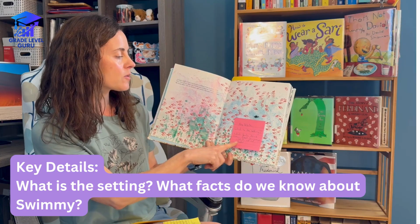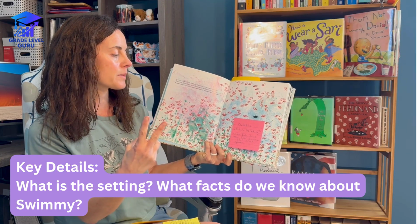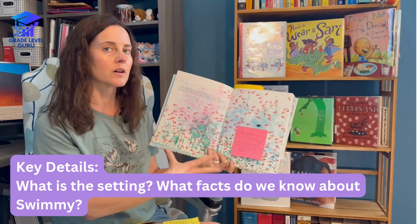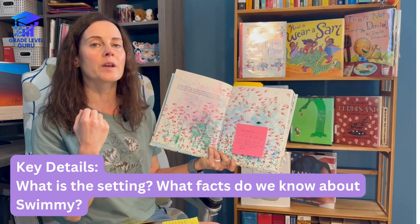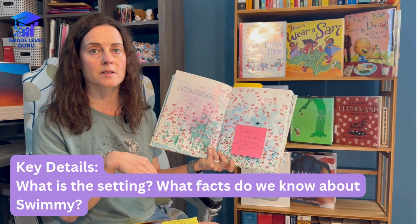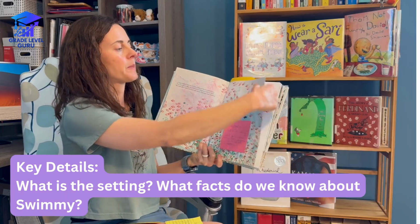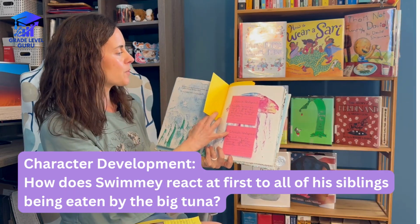And what facts do we know about Swimmy? We know two things about Swimmy. He is a blackfish. He is not red, like literally all of his brothers and sisters. And we know that he is the fastest swimmer. You can point to those answers. Those are key details. All right, jumping forward